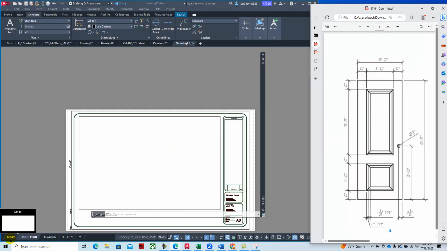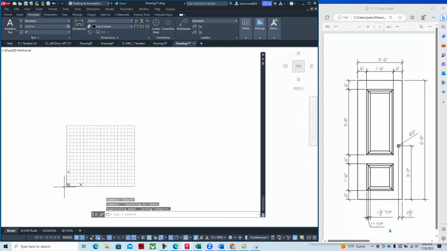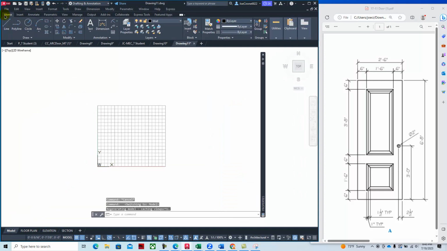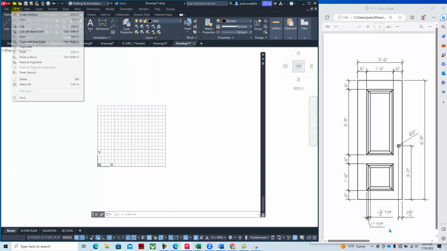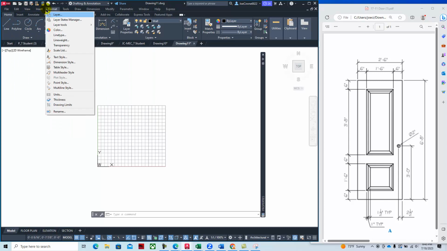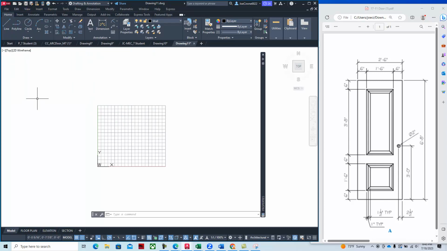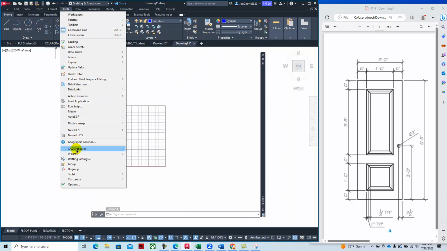Alright, back over to model space, home tab. We have our menu bar enabled, and so we have the old AutoCAD pull down menus in addition to the ribbon in the home tab. We're going to start this off on the furniture layer, and we're going to check our settings. We'll go to Tools, Drafting Settings,